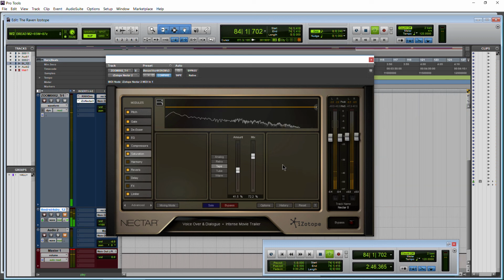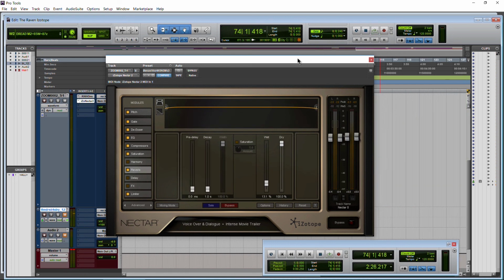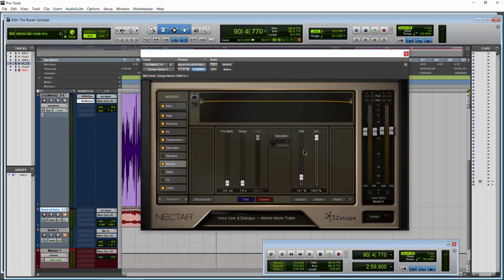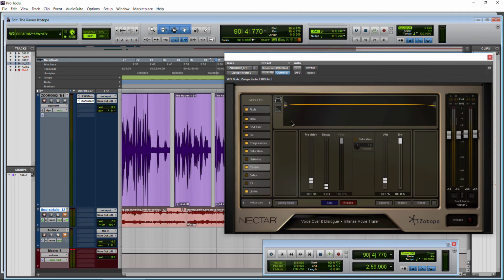Nevermore. Okay, and then we have, of course, our reverb. Again, like I said, you don't have to use the reverb here. In Nectar 2, it does pretty well, but it may not always be exactly what you want. We can pre-delay this some if we want to. So pre-delay is just the amount of time it takes for the initial reflection of the reverb to occur, so we can have more of that unaffected